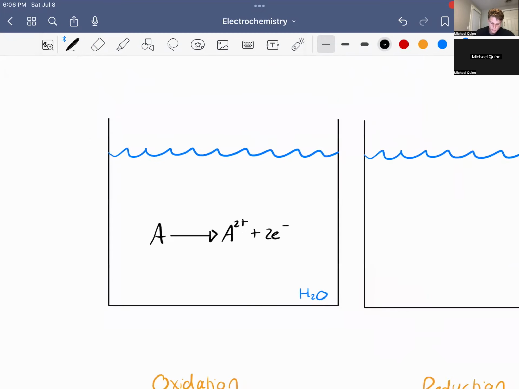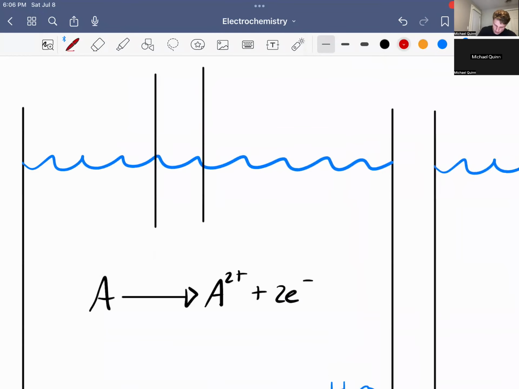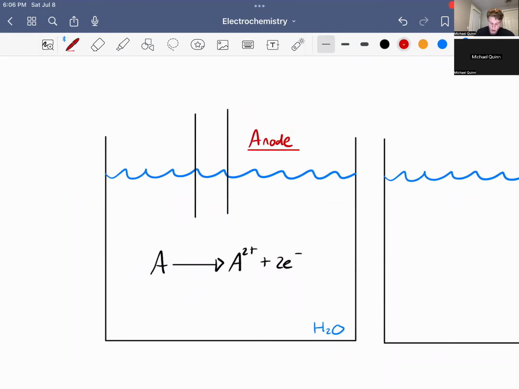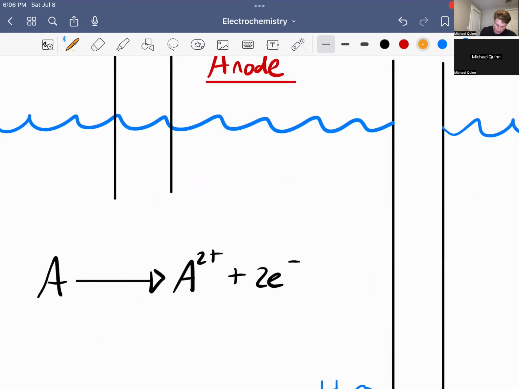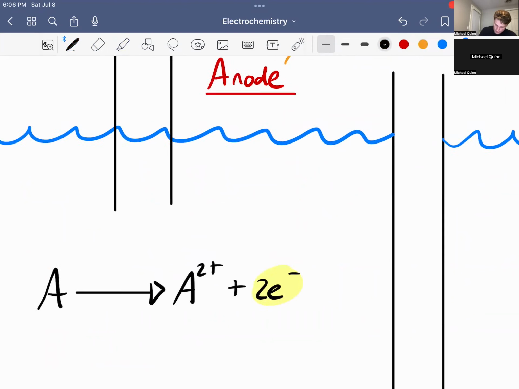So what we're going to do is put a metal rod into this beaker that is called the anode. The anode refers to the metal rod in the beaker that gets oxidized. So we can think of anode with oxidation. So we're going to take these 2 electrons and send them